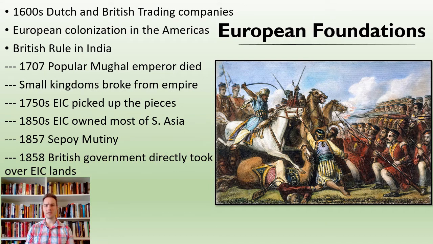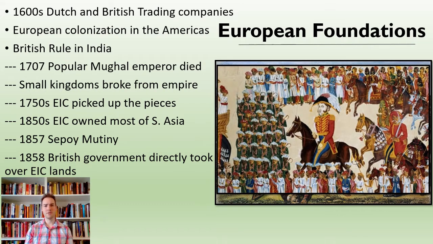This really popular Mughal emperor died. And when that happens, the Mughal Empire that we had talked about before, one of those gunpowder empires, so-called, starts to really fall apart. And you get all kinds of different kingdoms breaking up. When that happens, the British are able to play those small groups off of each other. In much the same way that we saw the Portuguese do this a little bit in West Africa after the Songhai Empire falls apart, the British are able to go to new, smaller breakaway provinces for specific economic deals. And they play each group off each other.